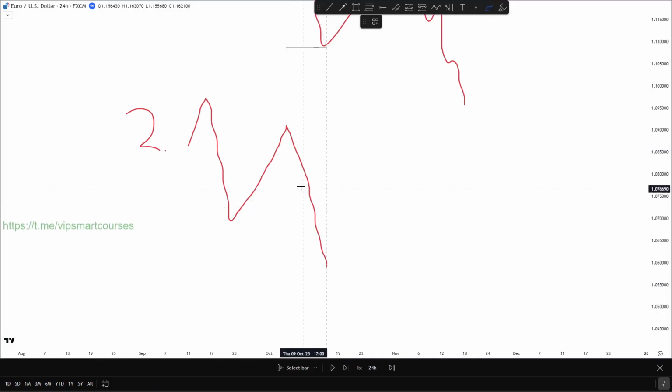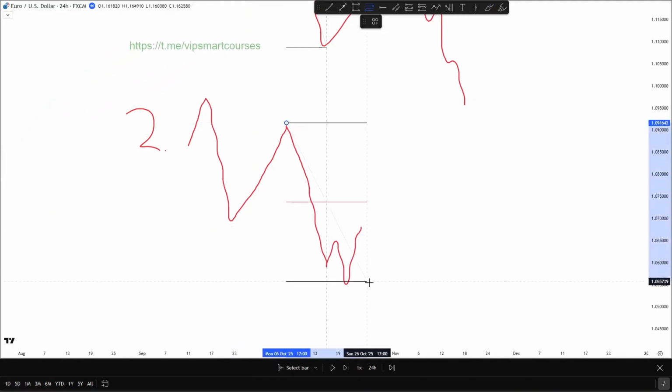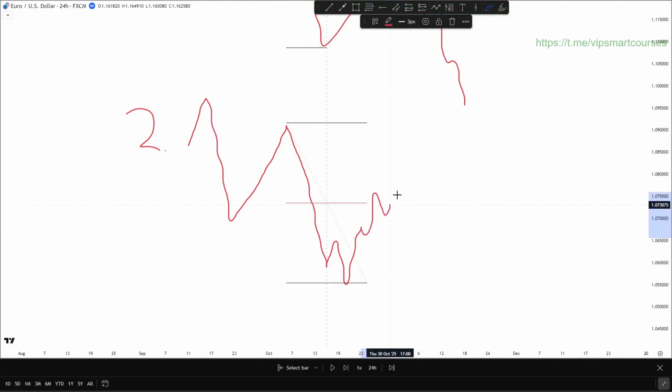Last week we had a range expansion profile lower, we took out external range liquidity, and let's say we formed this new dealing range here. In this case, we will expect price to first of all rebalance this dealing range and then test a premium key level here,